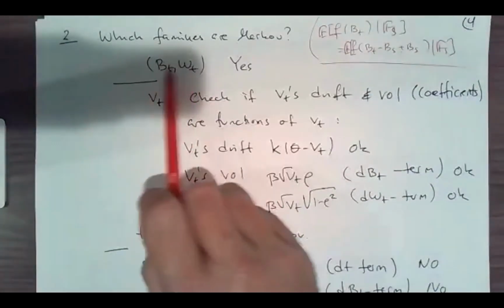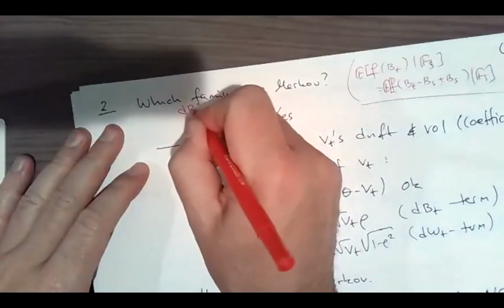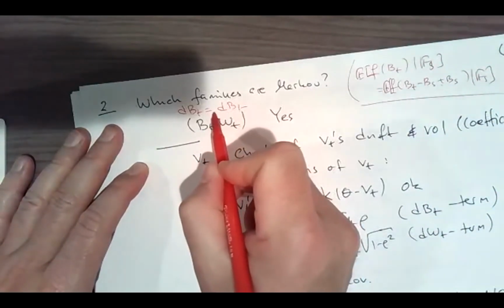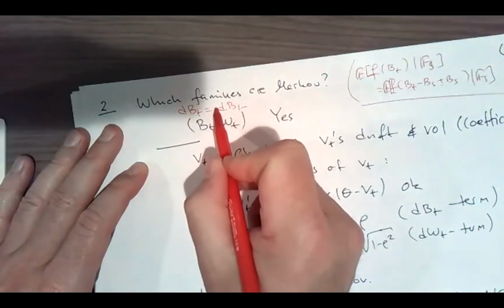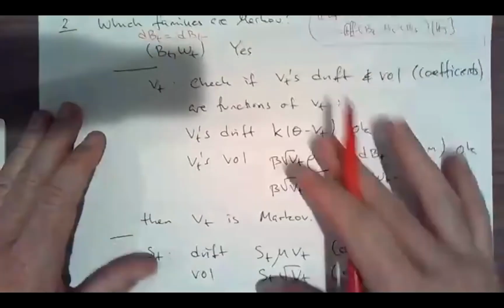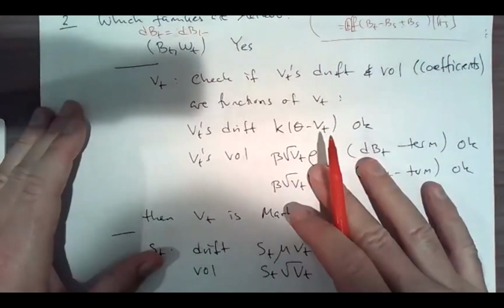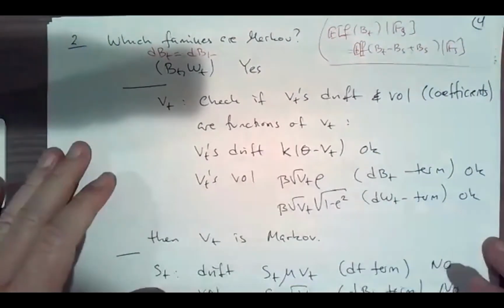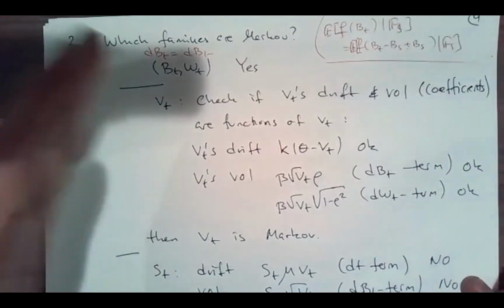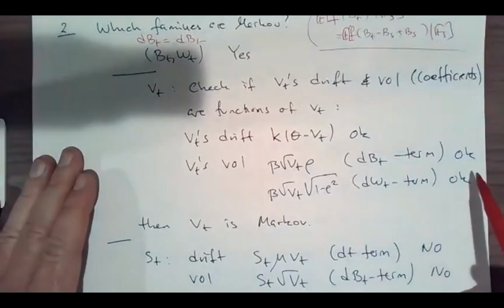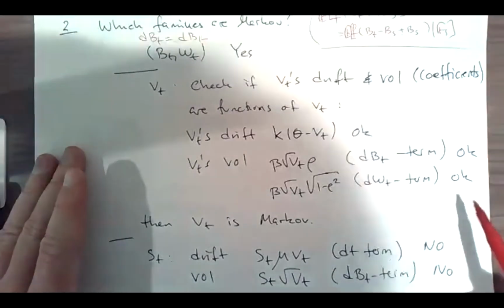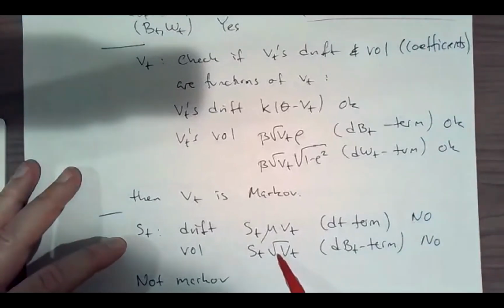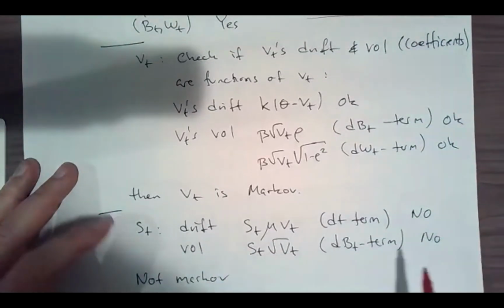So again, the volatility coefficient here, if you write dB, right, dB is equal to dB. The volatility here is constant, equal to 1. So that's another way to see it, if you want to use the same as down here. The function f of x is constant, equal to 1, this is a function of B_t. So yeah, you can use the same as down here. The question is, if you test for S_t,